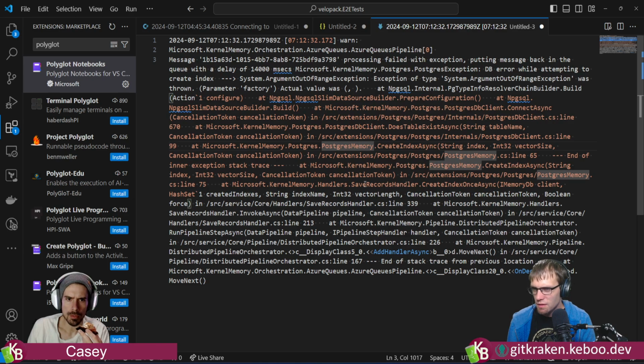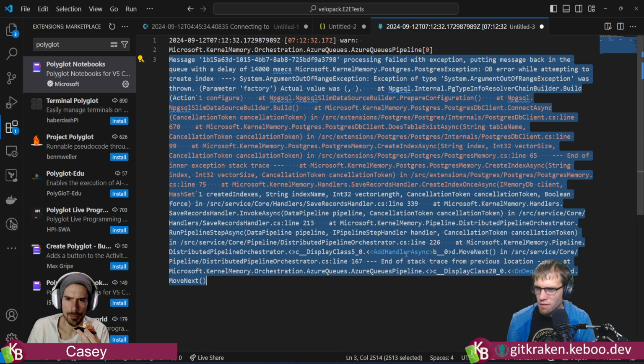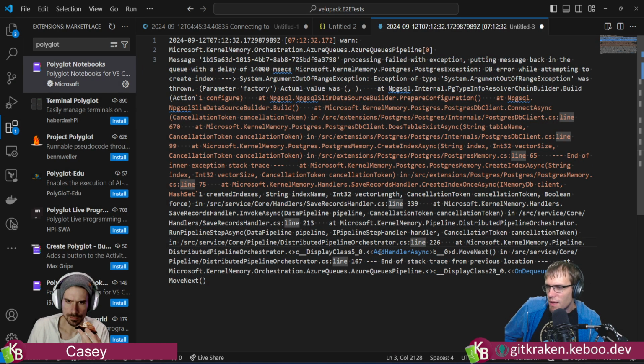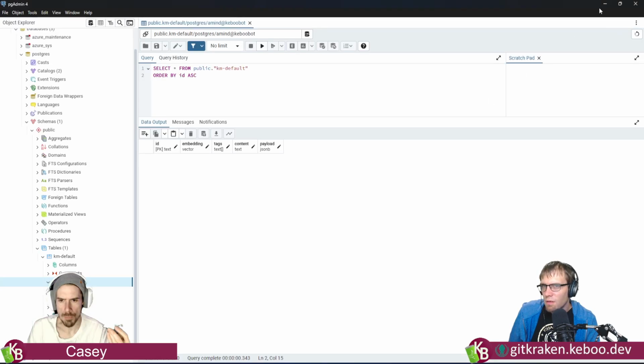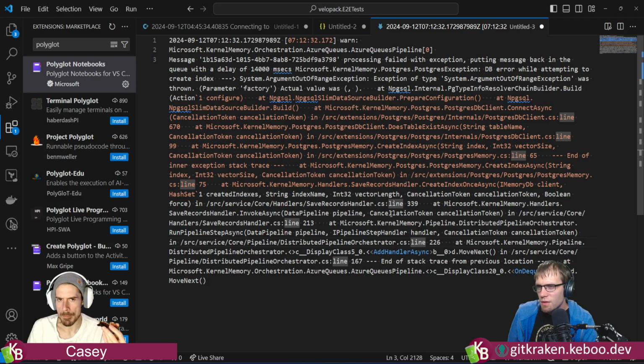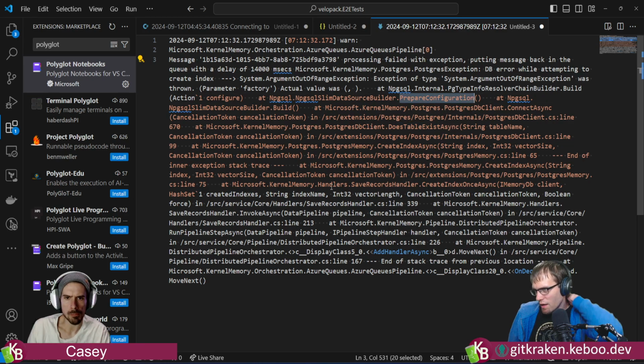None of this is me yet. Yeah, add handler. So it's trying to set up the handlers and reaching across to the queue. I'm surprised because this is doing a does table exist async, right? And then doing a prepare config.